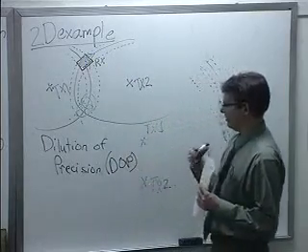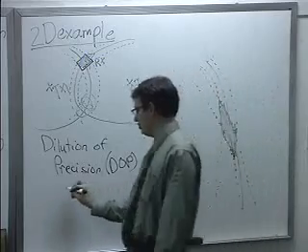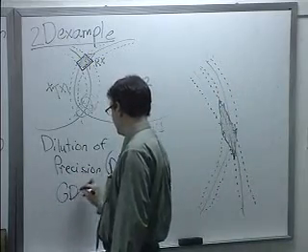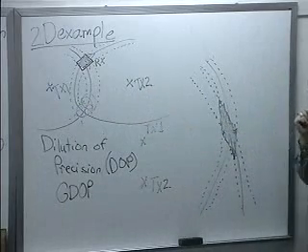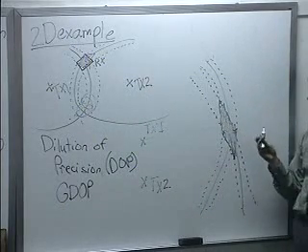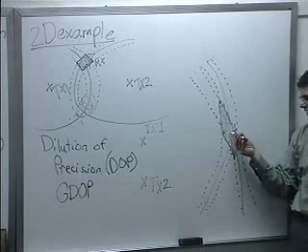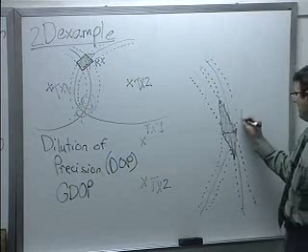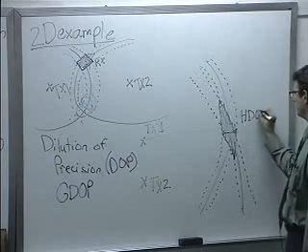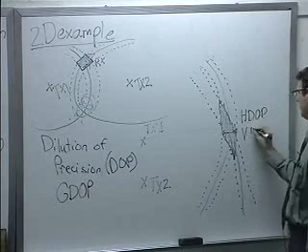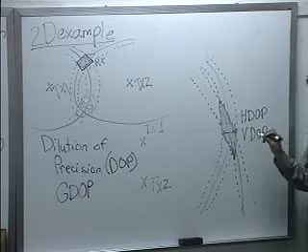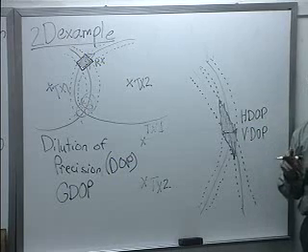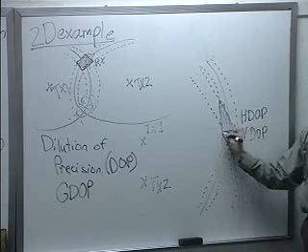Some people will call it the geometrical dilution of precision, GDOP, if they're specifically talking about the geometry of where the radio transmitters are. And of course, if you want to be very precise, they use the terms HDOP and VDOP, horizontal dilution of precision and vertical dilution of precision,